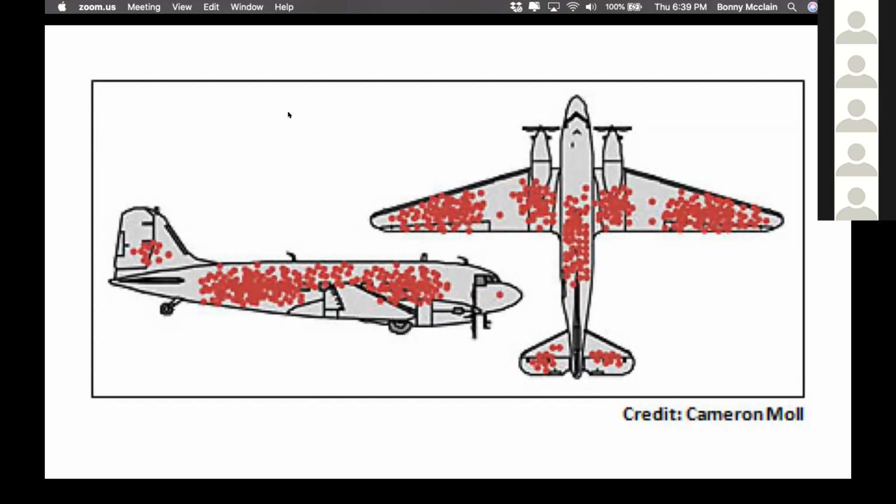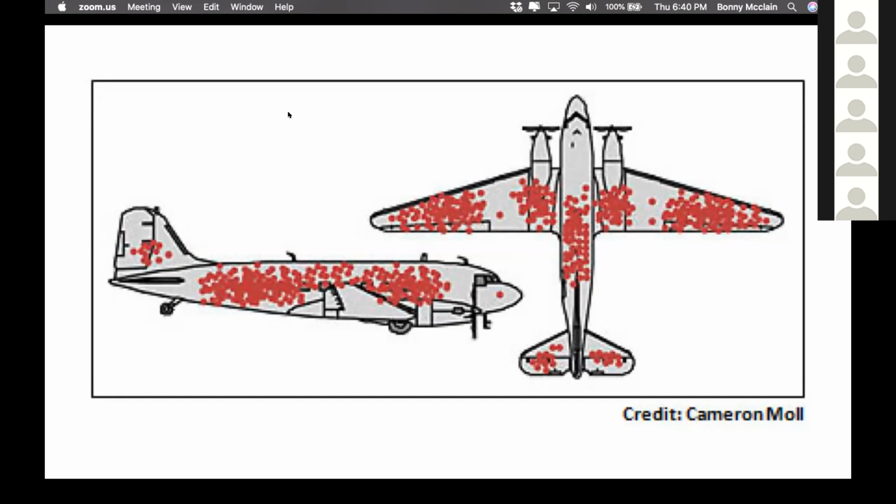And the first, they were hit by German warplanes. So at first look, they're like, wow, look at all the hits we have here. We need to make sure that we reinforce the plane in the wings and here and there and everywhere where the red spots are. And finally, it took somebody, a very insightful critical thinker, to say, wait a minute, these